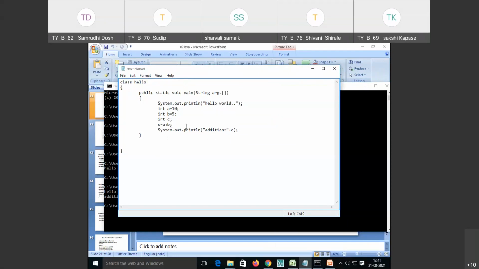Now suppose I want the same answer but for subtraction. Instead of taking another variable, I am simply writing plus in double quotes, writing subtraction is equal to, and writing a minus b. I have not taken another variable to store the result. You can take a variable also: d is equal to a minus b, if you are taking another variable, but you can also write the logic here. So I'm just writing a minus b. Save this.